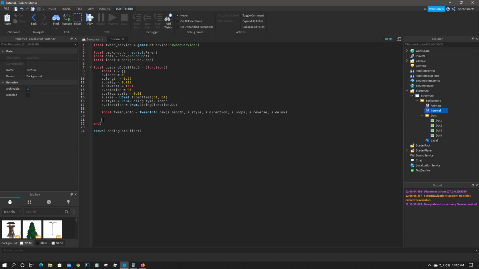We're gonna set up the dot goal. So local dot goal. So there's two goals. There's one for the box itself, which changes the rotation and the size, and then there's the goal for the dots, which is the slice scale. So we're gonna set it to an array, and inside this array we're gonna do slice scale is equal to s.slice scale, and then we'll do local box goal is equal to another array, and inside this